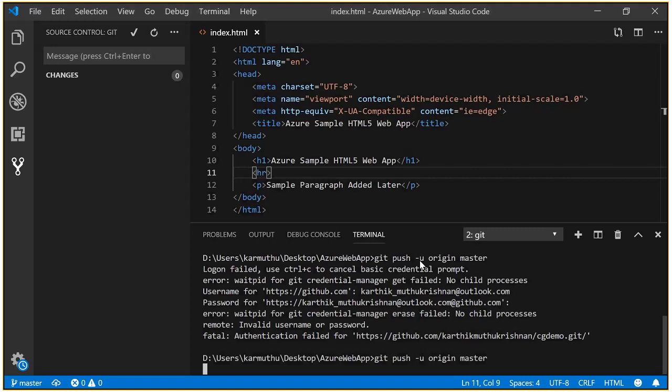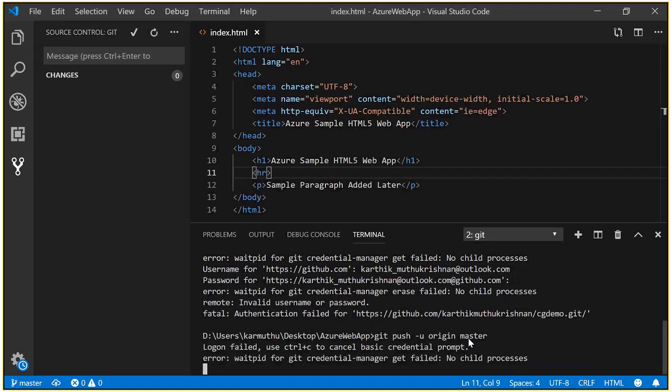Okay, let me see whether it's accepting or not. Just a minute. That now